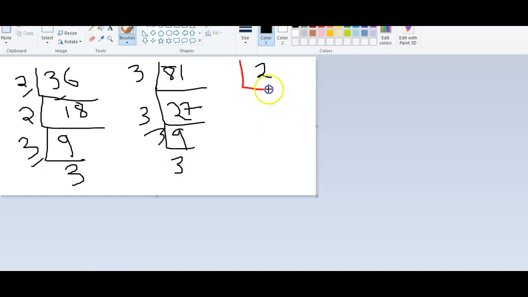Let's take one more number, 315, the last one. Let's just understand the logic. If we understand the logic, it will be easy to write the program. So is 315 divisible by 2? No. We'll increment and check whether it is divisible by 3 or not. Yes. 3 105s give you 315. Again we'll check whether it is divisible by 3 or not. Yes, 3 35s are 105. The quotient is 35.